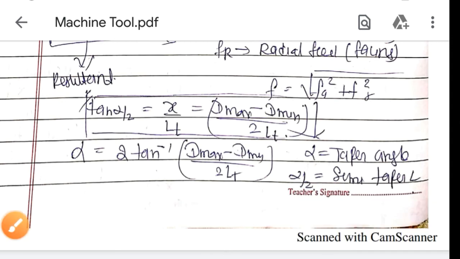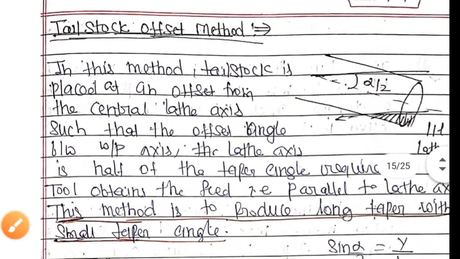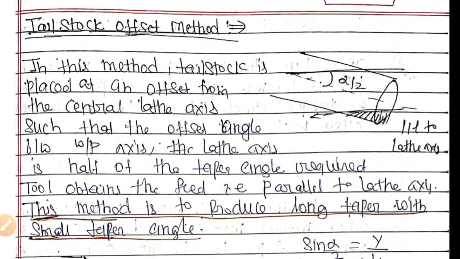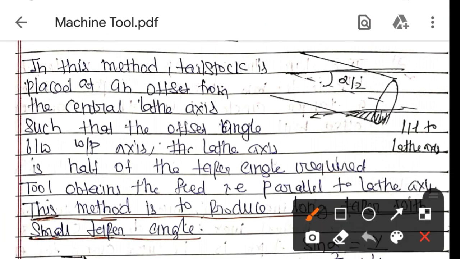Okay, so now we'll move ahead and look at another topic which is also very important, the tailstock offset method. So what is the tailstock offset method? In this method, the tailstock is placed at an offset from the central lathe axis such that the offset angle between the workpiece and lathe axis is half of the taper angle. Okay, so this is what it is saying. This is the lathe axis and this is the workpiece axis, and this is the angle between both, which is